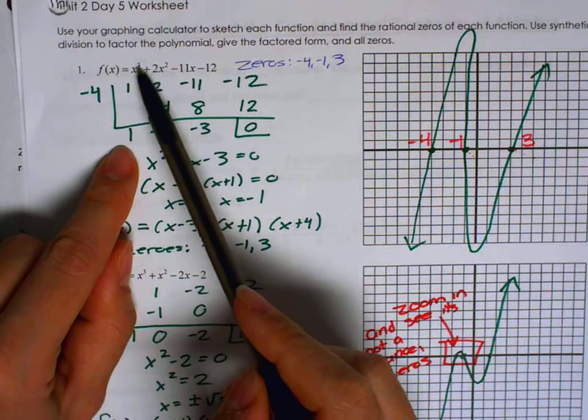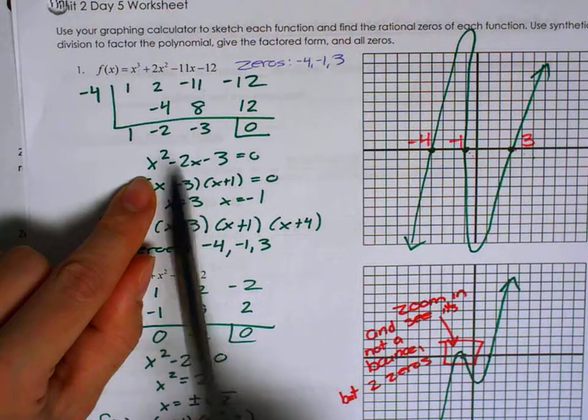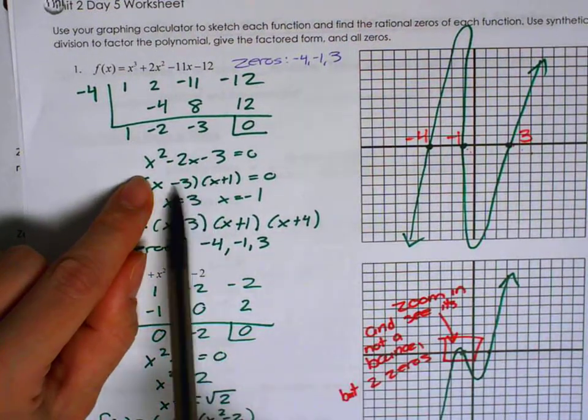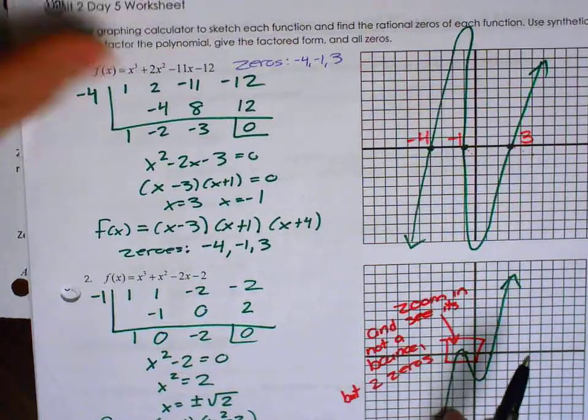I started with x to the 3rd. This is 2 numbers that multiply to be -3 and add up to be -2. So there's my 2 factors. So this one really wasn't even necessary to do synthetic, and it wasn't that hard either method. The next one,